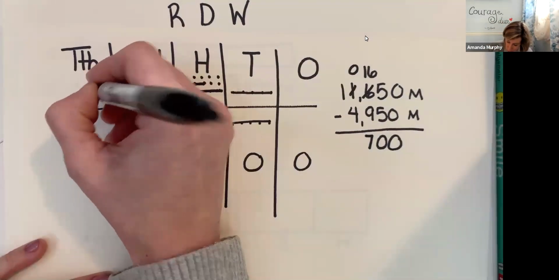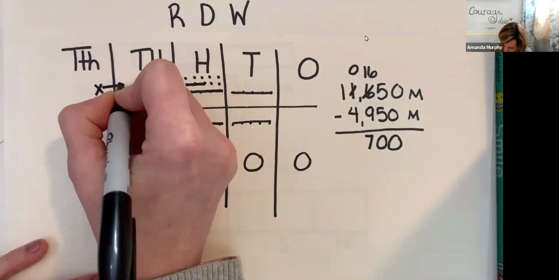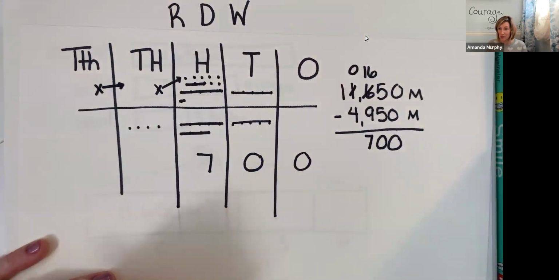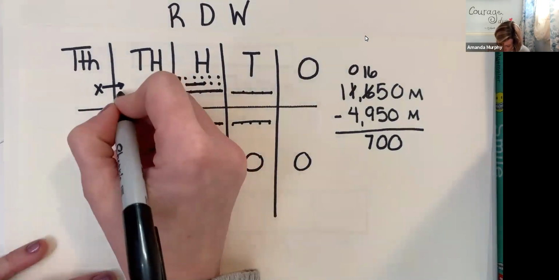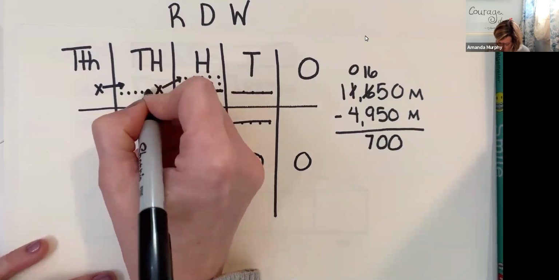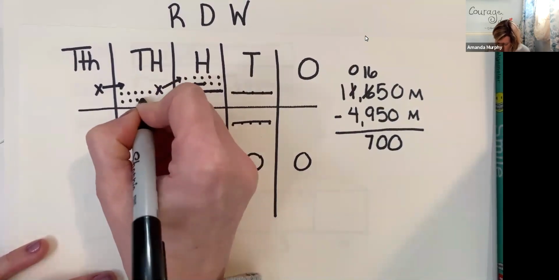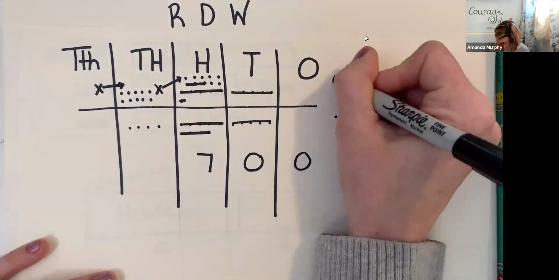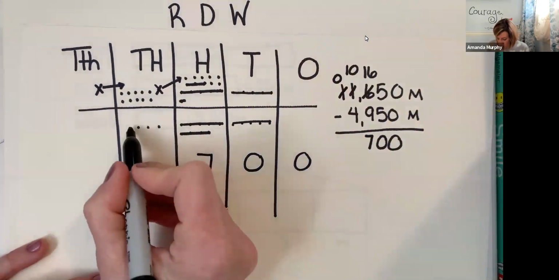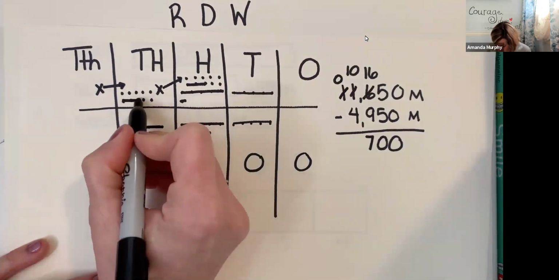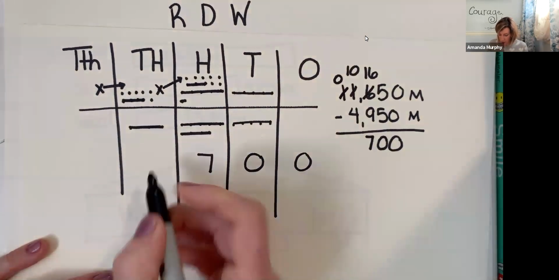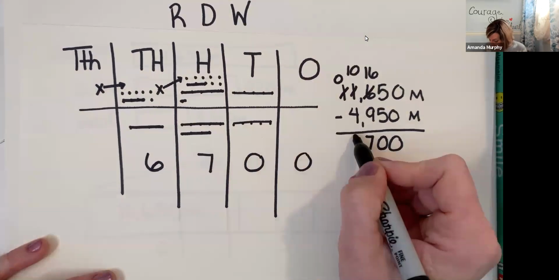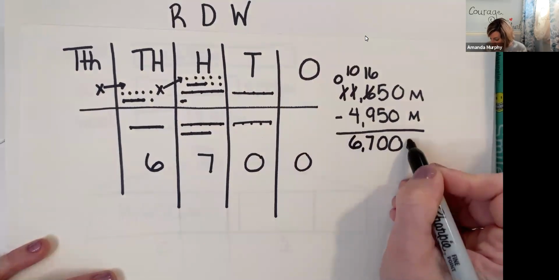I'm going to take that 10,000, decompose it, and how many thousands will be available? You are right, 10. Let's go ahead and log that on our standard algorithm over here. Now I'm going to take away 4, and I see I have 6 left. I see that my answer is now